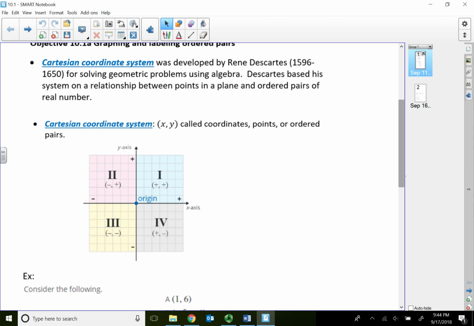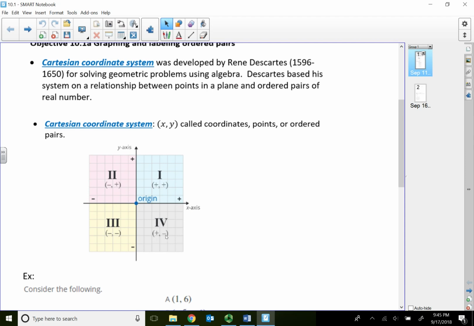All right, so within the Cartesian coordinate system, we have quadrants. The first quadrant is to the right and above, where both the x value and the y value are positive. Second quadrant is to the left of the origin, but still above it, negative x value and positive y value. The third quadrant, to the left and below the origin, negative x and y. And the fourth quadrant, all right, is to the right and below the origin, where the x value is positive,